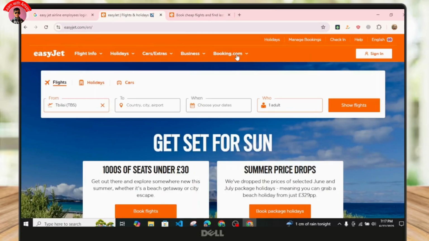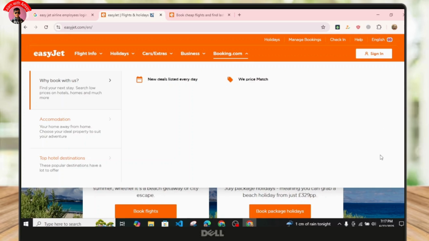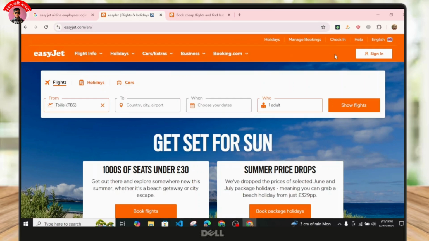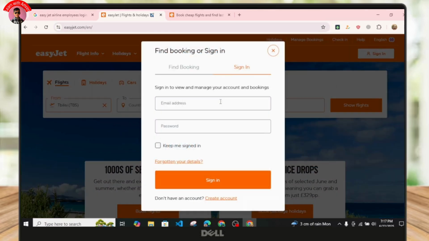And if you're a user who's trying to book a flight, just head over to this website, that is EasyJet.com. Once you're inside here, you will land on this page and basically just tap on the sign in button to enter, where you'll have to provide your Gmail address, just like this,